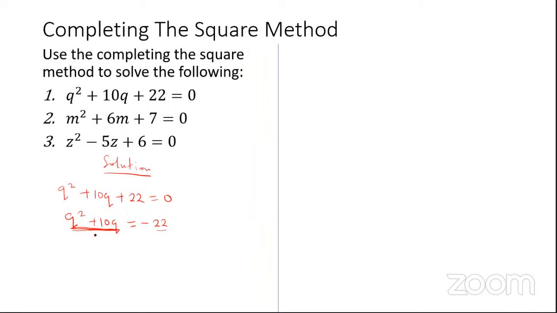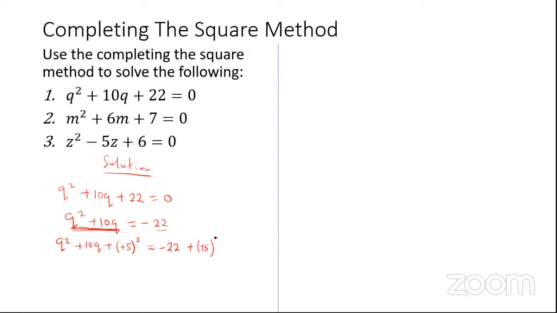So how do we do that? Don't forget this from the last example. Check your notes. Realize that we add half of 10. We have q squared plus 10q. Now, half of 10 is 5. That's plus 5 squared. So whatever you have added to this side, you must add to the other side. Minus 22 plus